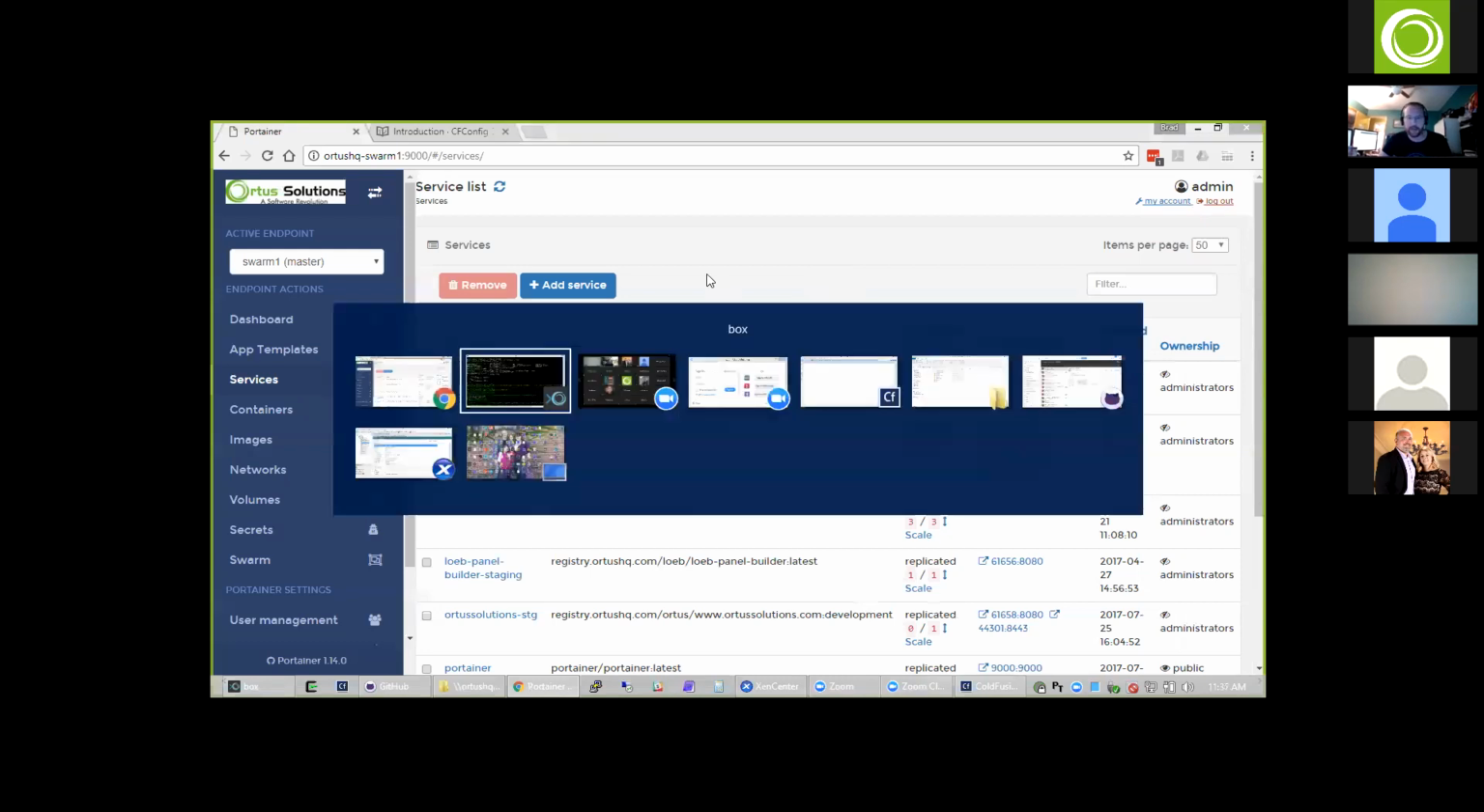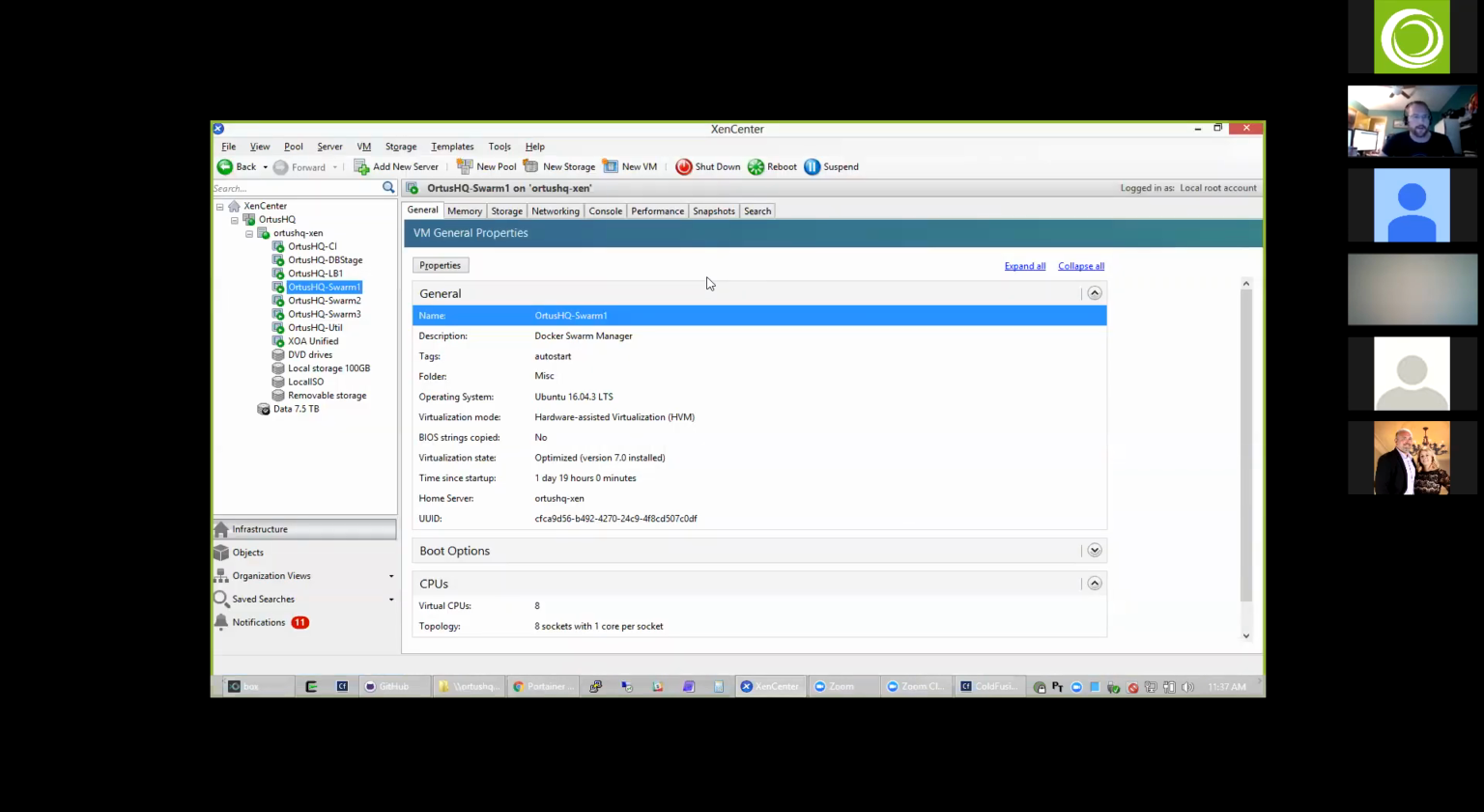So I'm connected over our VPN to our little Ortus HQ server. We have a Zen server sitting in Luis's upstairs that we play around on. And we have 3 virtual machines on there. 3 Ubuntu virtual machines, Swarm 1, Swarm 2, and Swarm 3. And each of those have